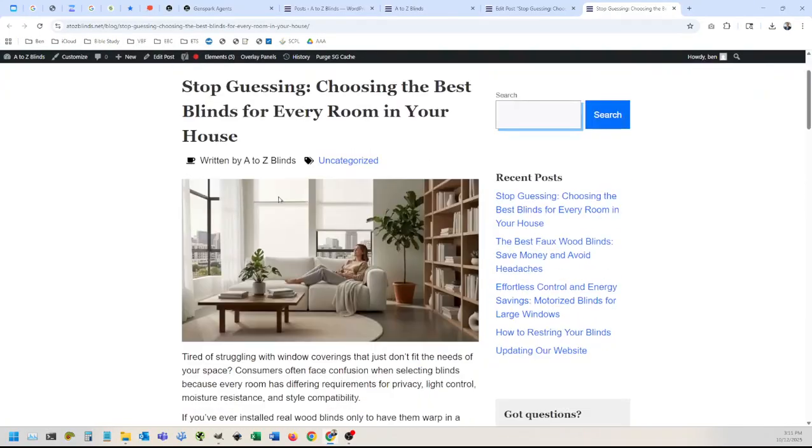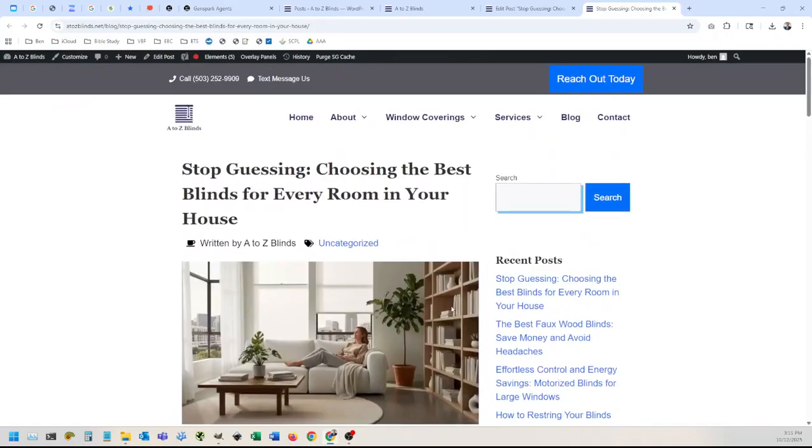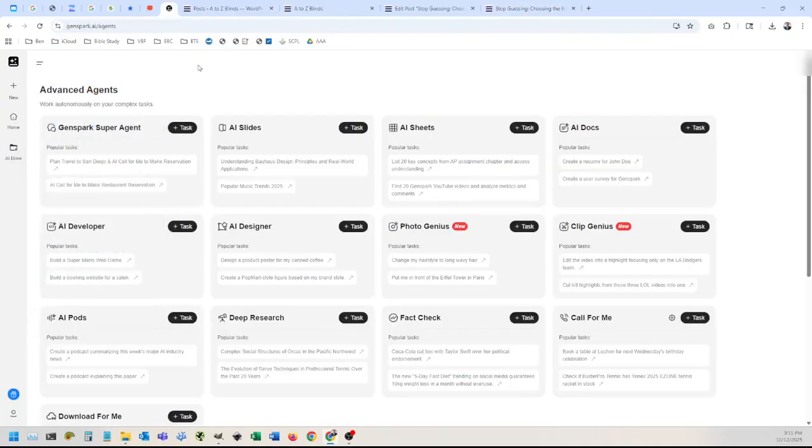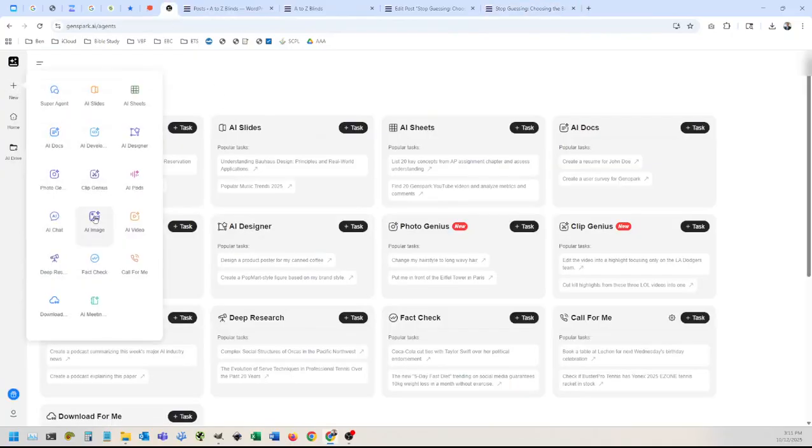Since this image is really showing the ideal scenario, like, okay, you pick the right blinds, you're enjoying yourself in your house, we want to have an image that shows the opposite, which is the worst scenario. Like somebody got the wrong blinds, now they're ruined, they didn't last, they're messed up, and they need to be thrown away. So something like that. So what we're gonna do is go back to GenSpark, and